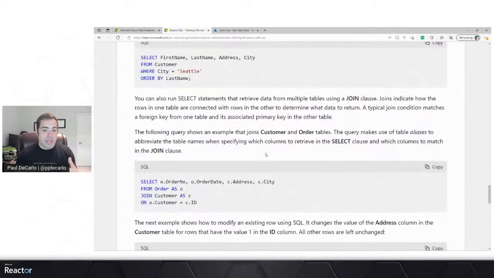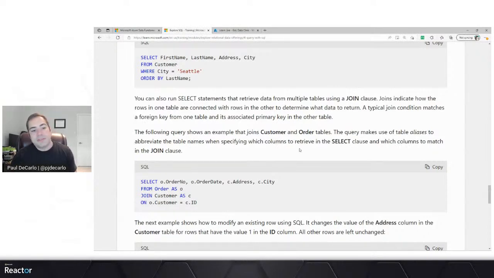You can also, not to be super confusing, but this is the last more advanced concept we're going to leave you with: retrieve data from multiple tables and see that in a singular result using what's called a join. Joins work on this concept of matching your primary keys to a foreign key in another table. So again, that concept of normalization that we were looking at earlier becomes very relevant here.